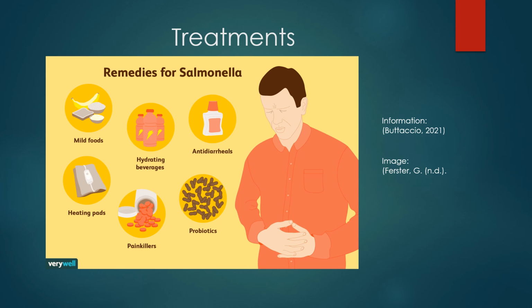If a patient's stomach can handle some food, it's recommended to eat a mild, bland diet. A patient should try the BRAT diet, which stands for bananas, rice, applesauce, and toast. Even though the BRAT diet may not be more helpful compared to others, it can be less irritating to the digestive tract than other foods. Another home remedy is using a heating pad, as it can ease abdominal cramping. But if it's uncomfortable for those who are experiencing vomiting and diarrhea, then it should not be used.